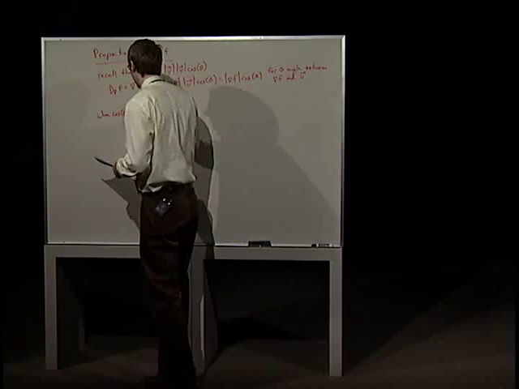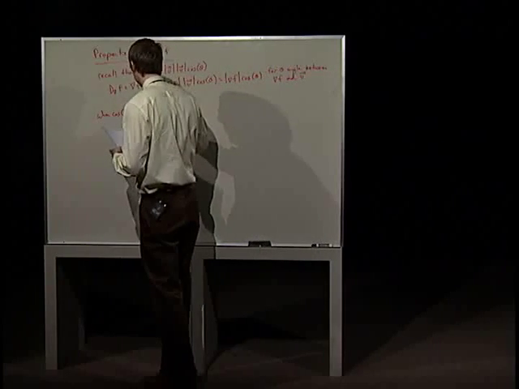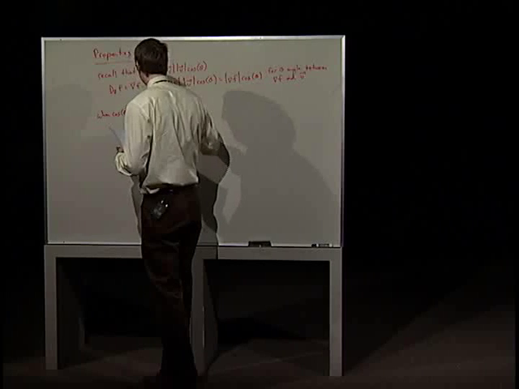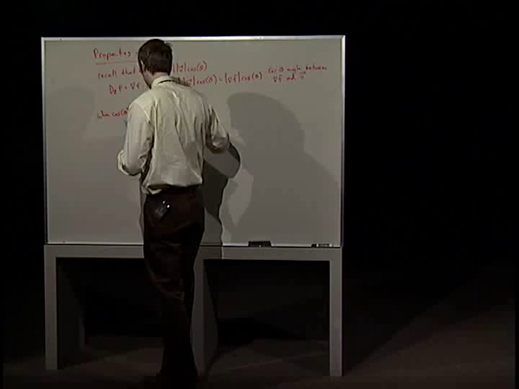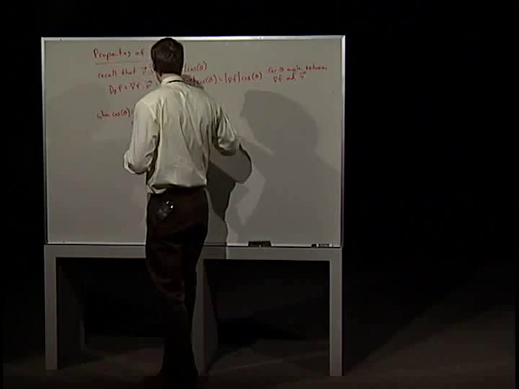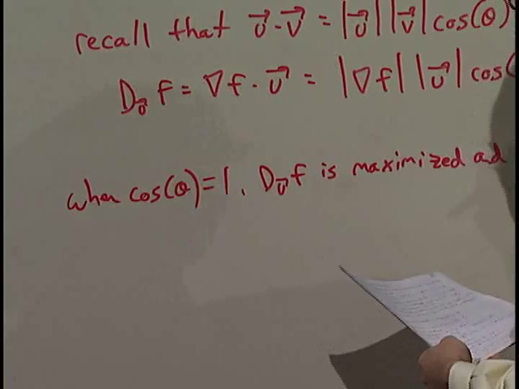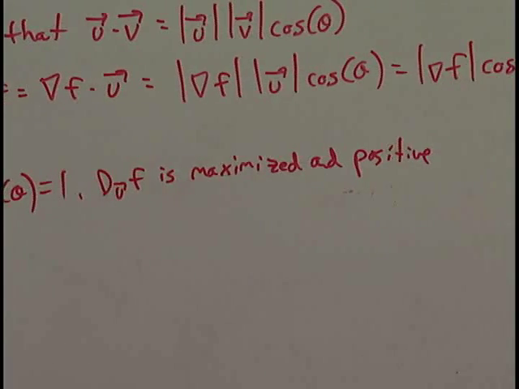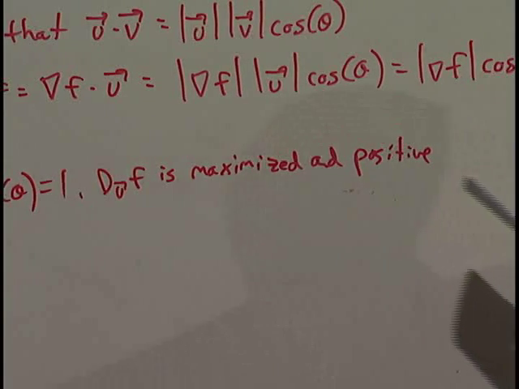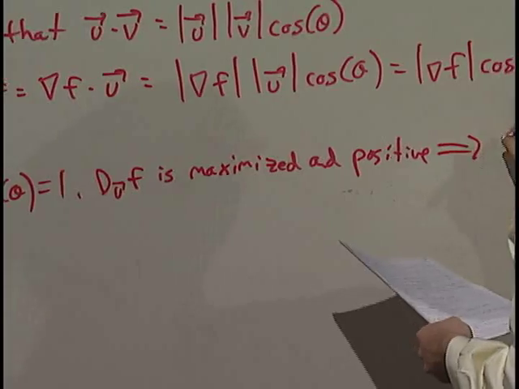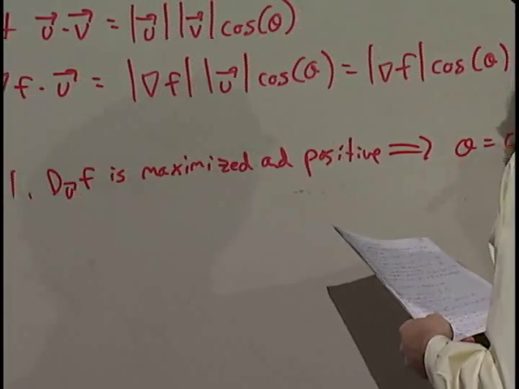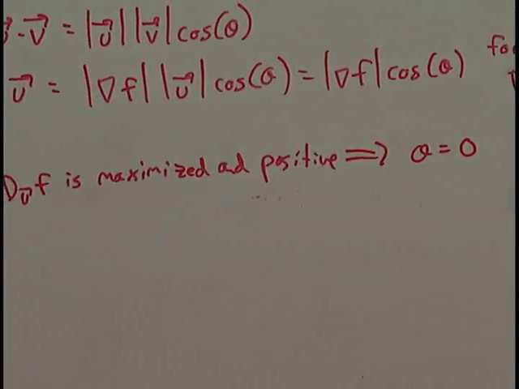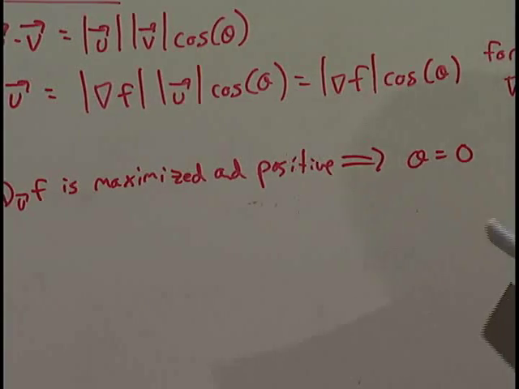When cosine is 1, D_u f is maximized and positive, because the length is always going to be positive, and when this is 1, this will be the largest it can be. D_u f will be the biggest it can be. This will be 1 times this length. And so the implication here is that cosine is 1, theta is 0,